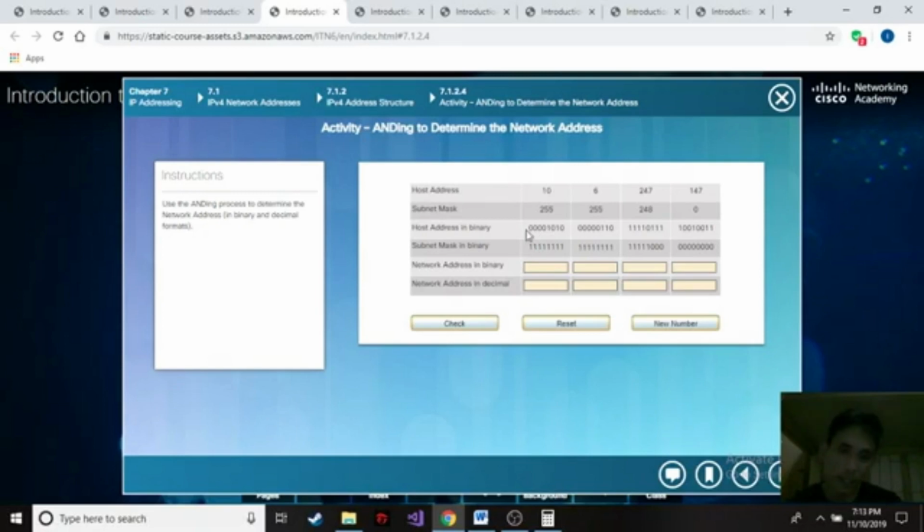So in answering this activity, we're just going to align each number here, and if in the alignment there is a 0, it will be 0. But in an alignment where there is a 1 and a 1, you should write 1. So if it is 1 0, it is 0; 0 1, it is 0; 1 1, it is 1. So here in this